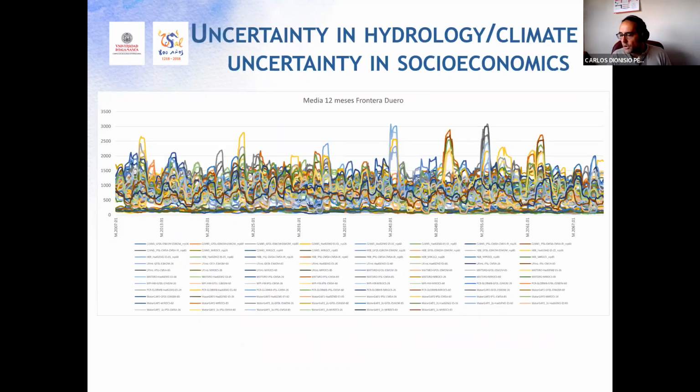And this is important because, for example, in terms of climate scenarios, we can use forcings from many different scenarios and from many different models. We just go to CMIP, and we find CMIP6. We find dozens of different scenarios and models that we can use. In this case, this is an example we downloaded for this presentation. This is showing you the average discharge at the Douro River Basin, which is our Spanish case study, in one section of this river, and it's showing you what the CMIP projections are for this particular stretch of the river until 2070.